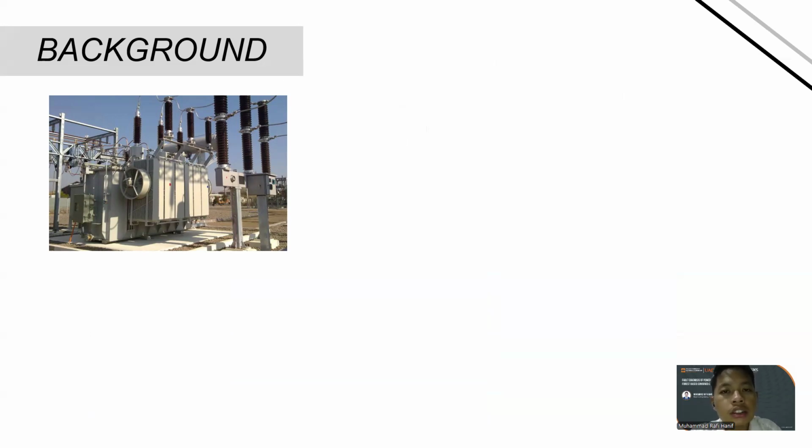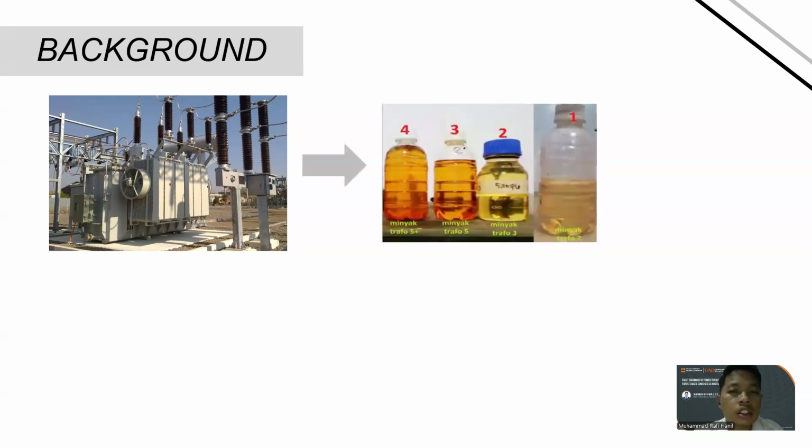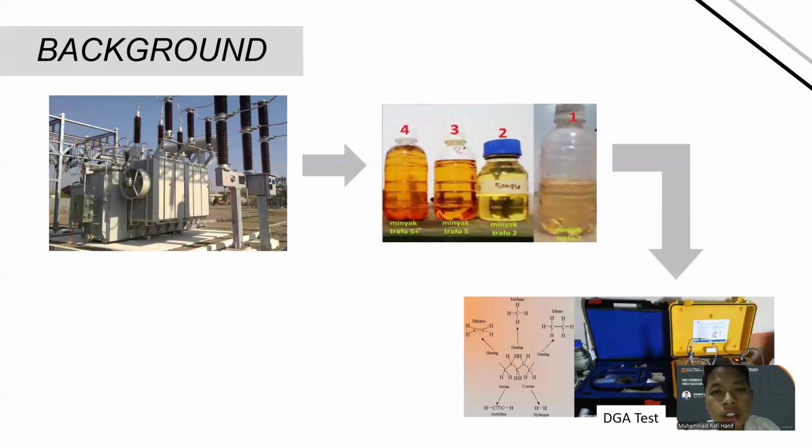The preventive maintenance, there is a lot of preventive maintenance that is used to prevent the transformer fault. One of the preventive maintenance is the DGA test or dissolved gas analysis test. In the dissolved gas analysis test, we use transformer oil to know about the fault on the transformer itself. The transformer oil will be processed with the DGA tester equipment, and then it will show the gas concentration that is dissolved